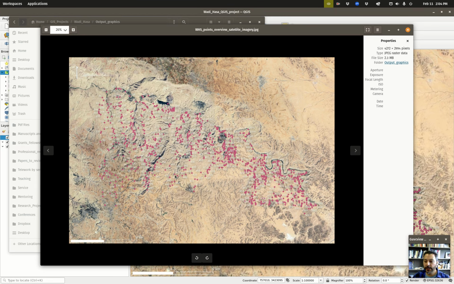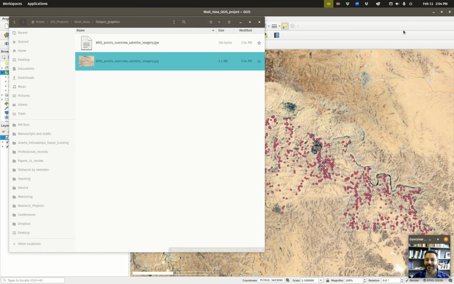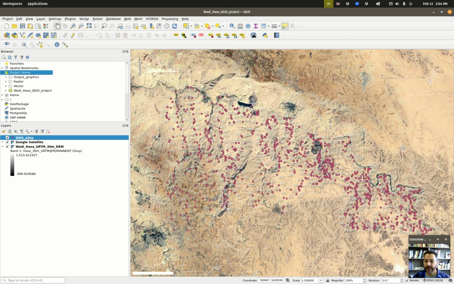Alright, so we can do whatever we want with that. Paste it into a Word doc, email it to a colleague, I don't know, print it on a photo printer, whatever you want to do with it. Okay, so now we have figured out how to do that. Let's move on to